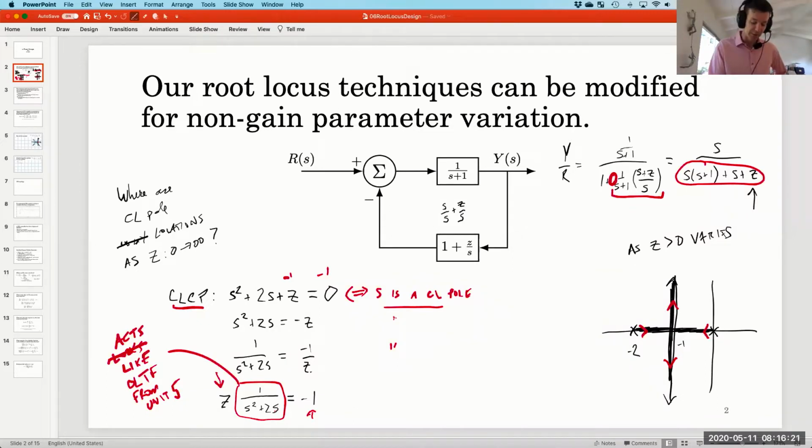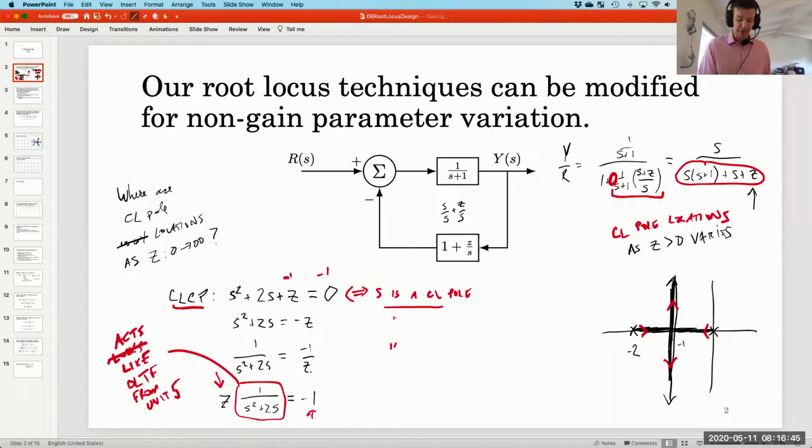And so that's how I got the figure on the right. We have open loop poles at 0 and -2. That means the real axis in between them is in, and then they break away at the midpoint and travel north and south. So these are the closed loop pole locations